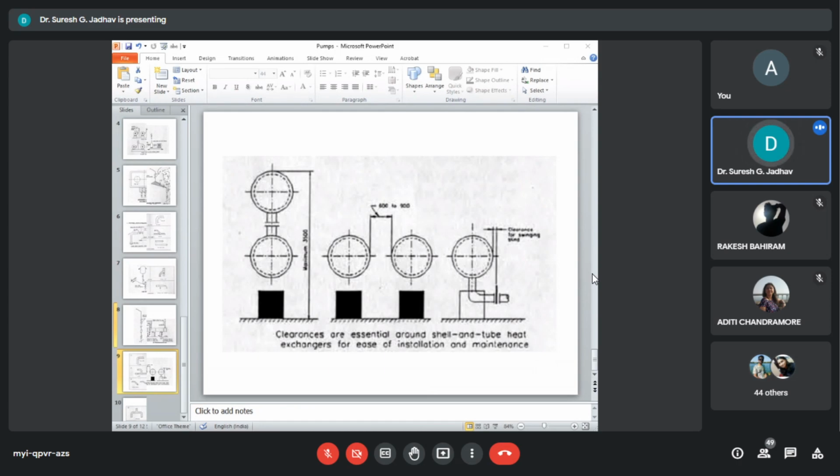Therefore, we can use floating head heat exchanger instead of fixed tube sheet and U type heat exchangers. One end of the tube bundle has a stationary tube sheet held between shell and channel flanges. The floating head can freely expand and contract with temperature changes.